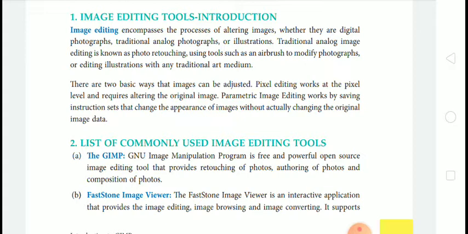Traditional analog image editing is known as photo retouching, using tools such as an airbrush to modify photographs, or editing illustration with any traditional art medium.